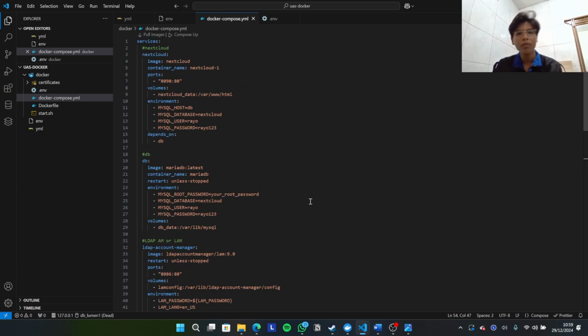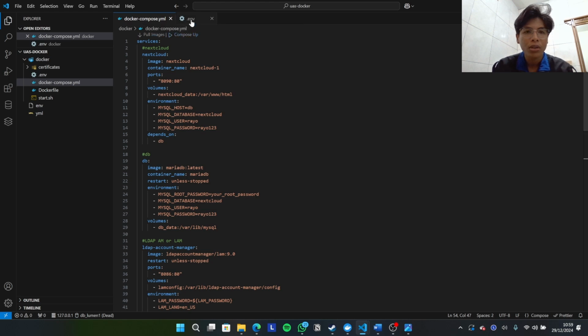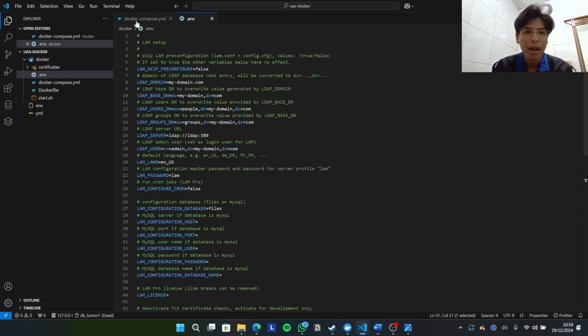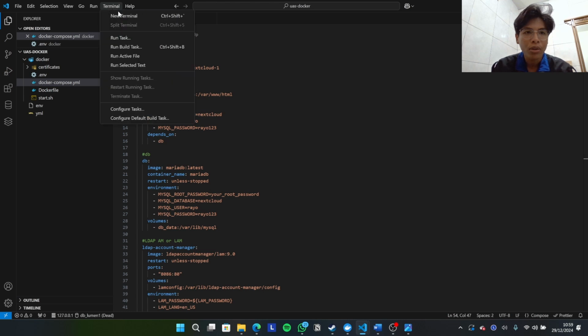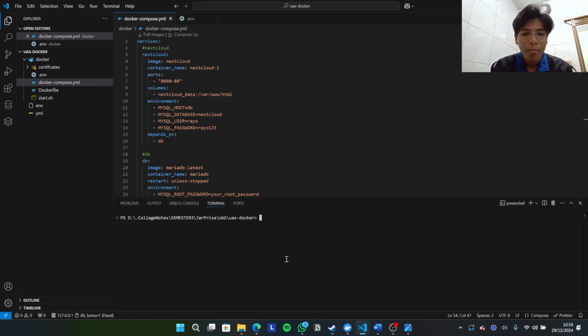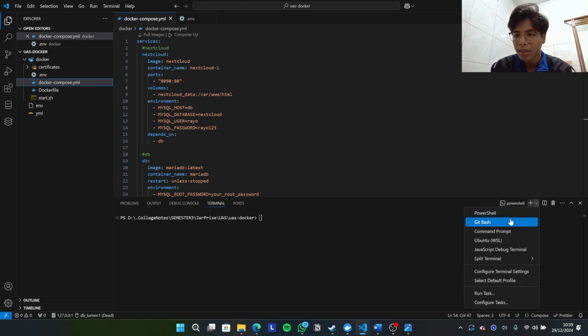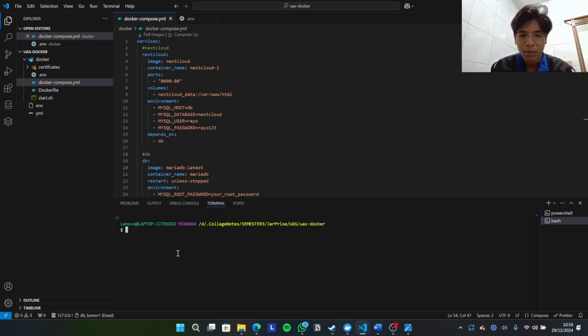So it makes us easier to manage and configure the Docker Compose file. Now, after we have created the Docker Compose and the env file, we can run the Docker Compose in the terminal. Here, I will use the Git Bash terminal.